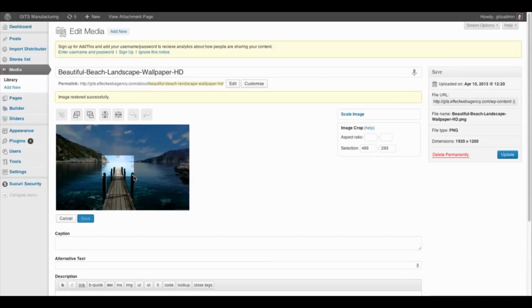So let's say we select the end of the pier, but we want to get an exact pixel size over here. Maybe it's 500 by 300. Well, we can override those numbers to make the selection box exactly that, and we can also move this thing around a little bit if we want to tweak it. So once that's at the perfect spot, and we've got the perfect dimensions here, and we're satisfied with how we want to crop this, we'll come up and click this crop button,